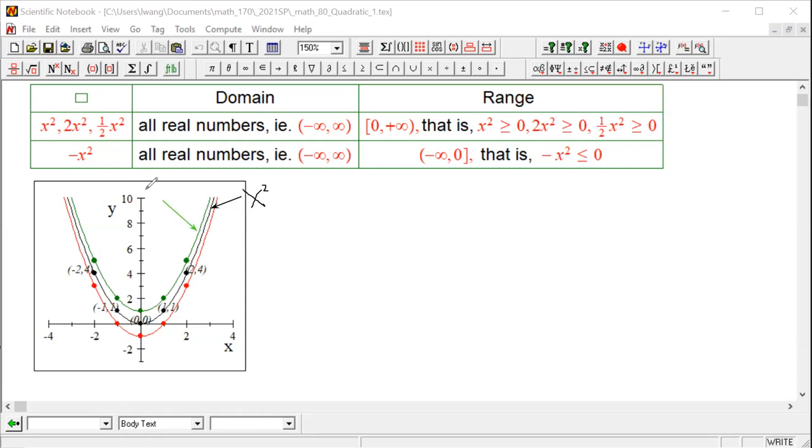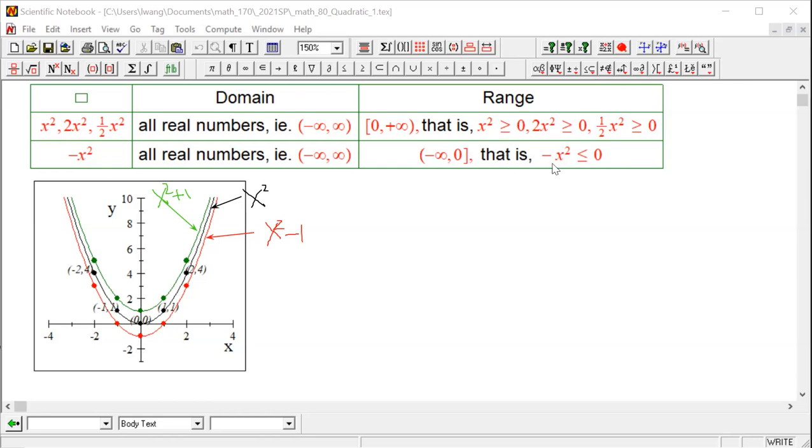And the red is x squared minus 1. We understand that x squared plus 1 is x squared shifted up by 1 unit, vertical shifting up. X squared minus 1 is vertical shifting down by 1 unit from x squared. So the domain are the same. Range, however,